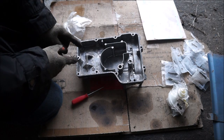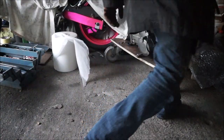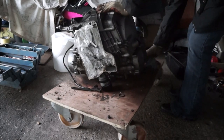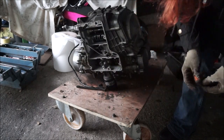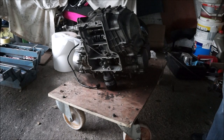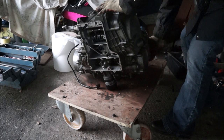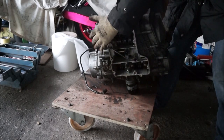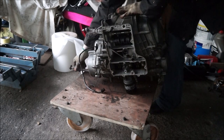What's next, you may ask? Well, we're not looking at this anymore because we've got to go over to the engine. Right then. Got this junk out of the way. Right, so now what I need to do is flip the engine over. This is going to be fun. I haven't done this for a while. It's got to go... Hang on, which way do I remember it going? So I think I remember it being